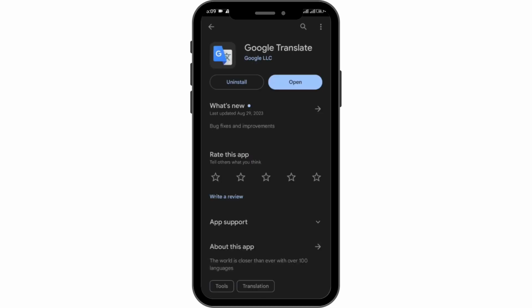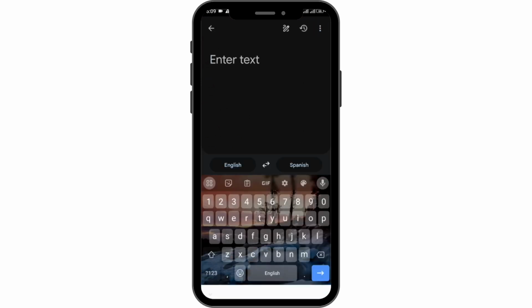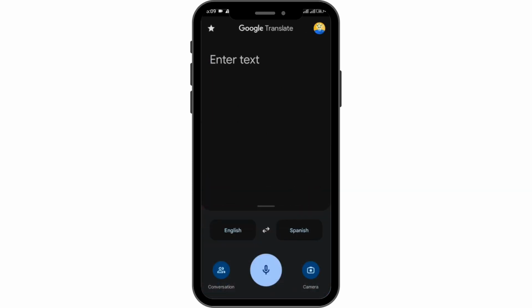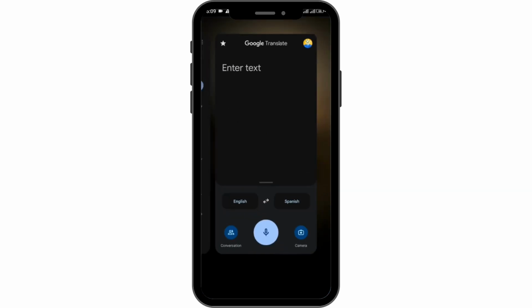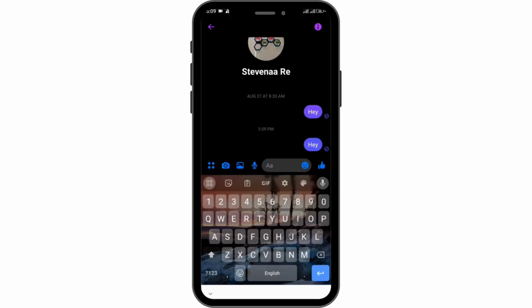Here I have already installed this application. You just can tap over the install, which will be available over here, and once it's installed you can go for open. So here you can see you can enter the text over here and translate it into any language that you want. So let's go back to Messenger over here, and if it's the text that you want to translate,